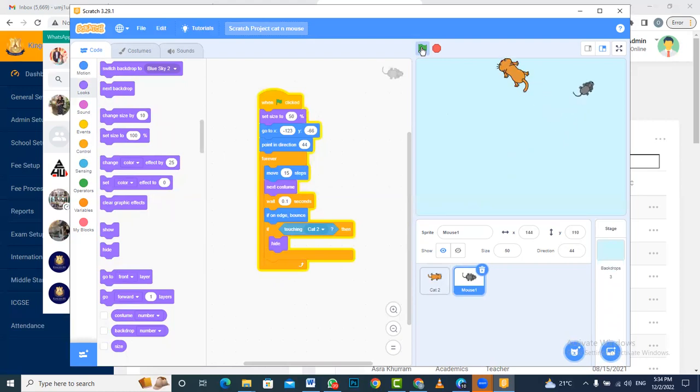And if by any instance they would touch each other, which would happen maybe now. Yes. So you could see that the mouse has already hidden. Mouse has already gone, like it's gone. So what can we do with that after this? So if this happens, we would want the animation to either stop or we would want a new mouse to